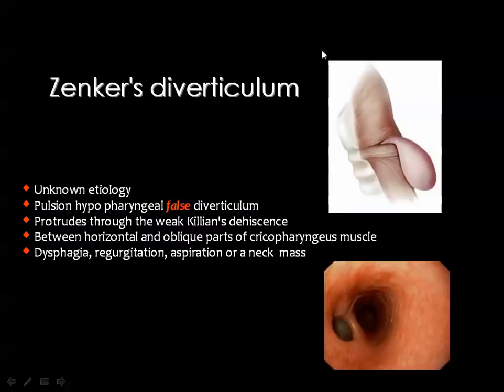And you can remember that the diverticuli in the upper esophagus and in the lower esophagus are false, while the diverticulum in the middle part of the esophagus is the true diverticulum. A true diverticulum means that its wall is formed of all three layers of the esophageal wall. But the false diverticulum is only formed by the mucosa, and this is a protrusion through the dehiscence between the pharyngeal constrictor